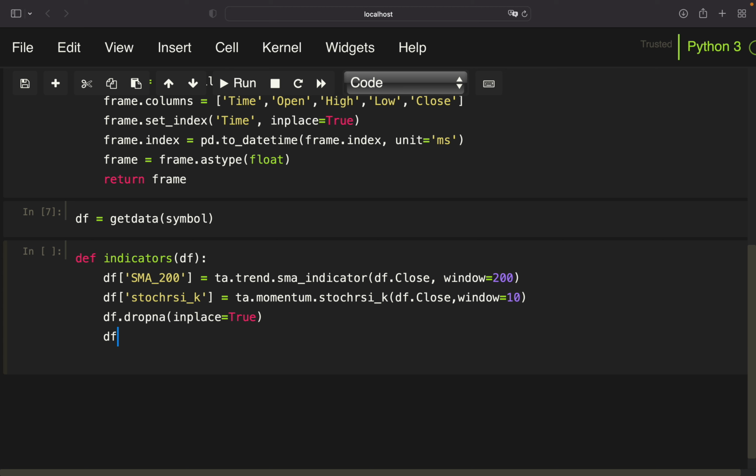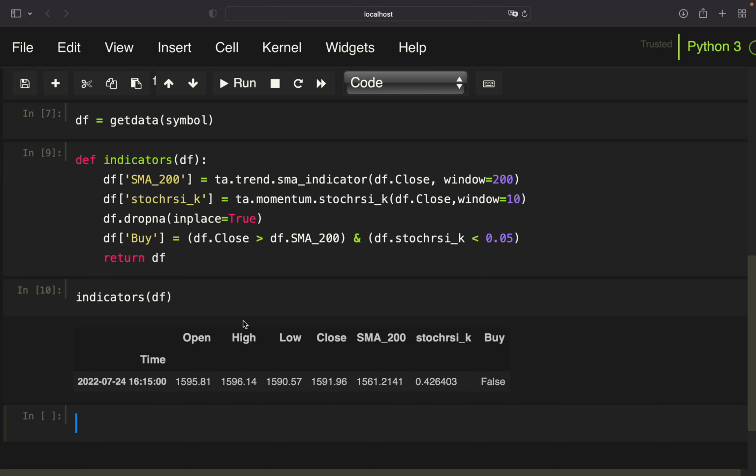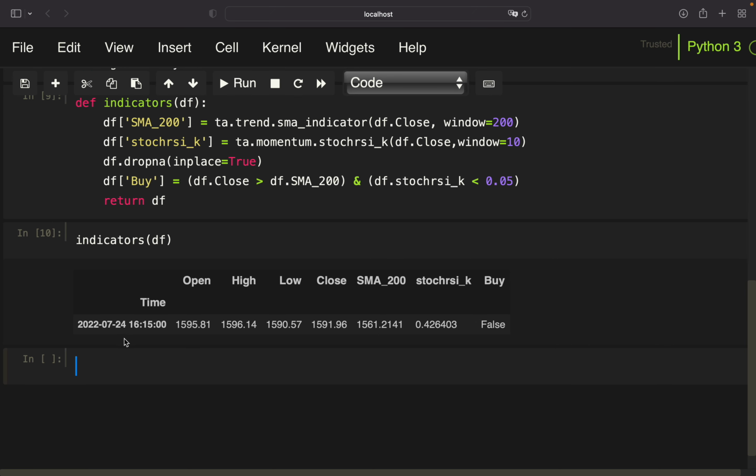In the end, I'm adding a buy column to that and checking for both conditions. So close should be above the 200 time step moving average, and also the Stochastic RSI K-line should be below 0.05. And I want to have the data frame back. So if I'm calling that on my current data frame, you see I'm getting one row